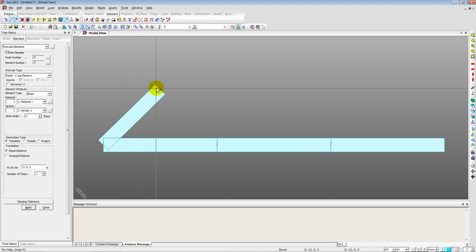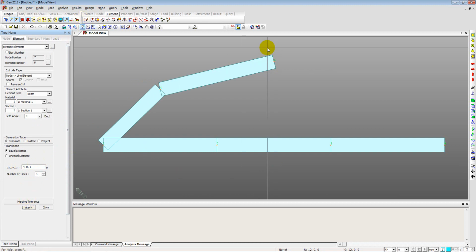So we have selected this node and we type in x 4, 0 for y, and z is 1 meter, and click apply. Okay, next, we again select this node and this time we type in 4, 0, -1,